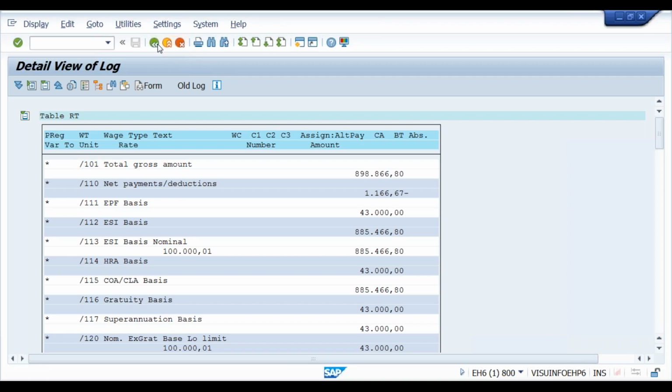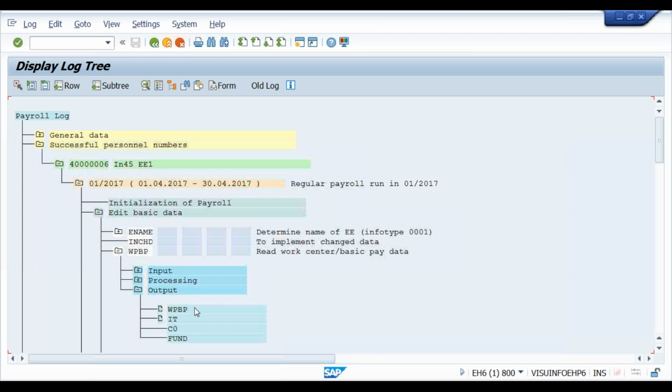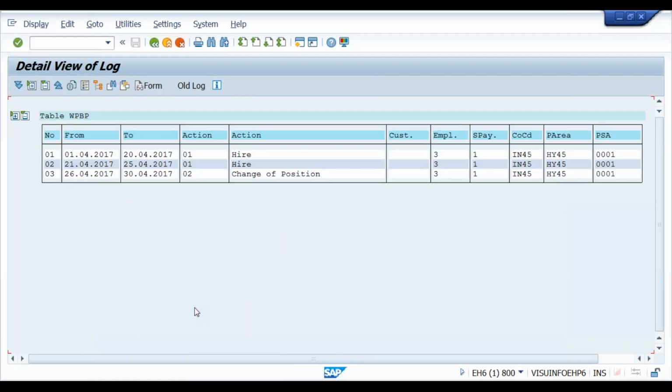For example, let's understand the first split indicator. Okay, here you see the WPVP table is there, right? There is a table called WPVP. Now, yesterday we were discussing this thing, right? What is the paid in a WPVP? And I have given you the definitions of a start date and end date. And there is a split in WPVP. What do you mean by split in WPVP? If you make any changes,